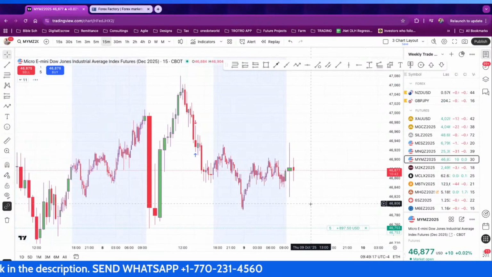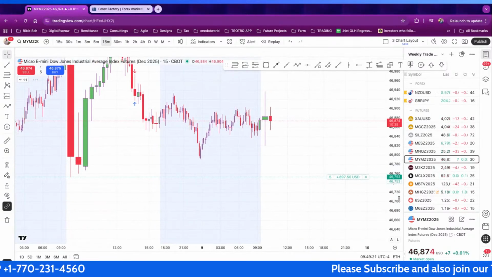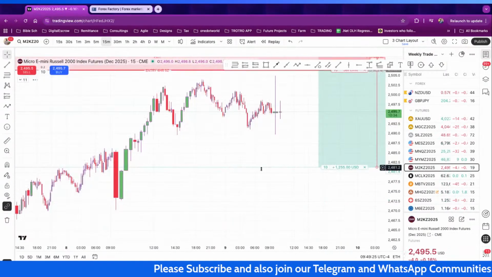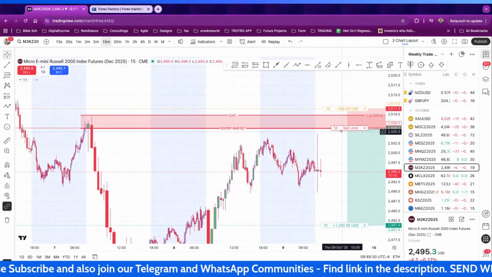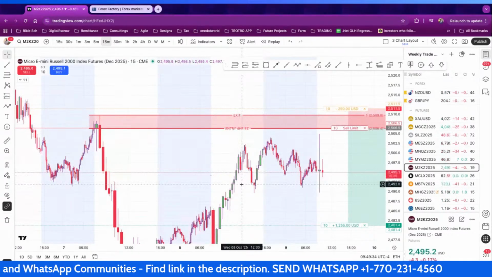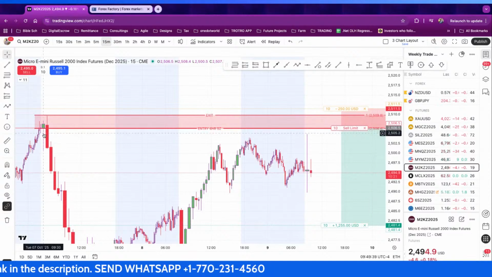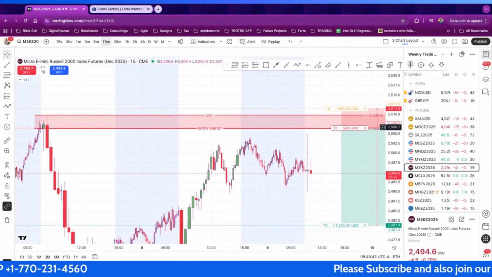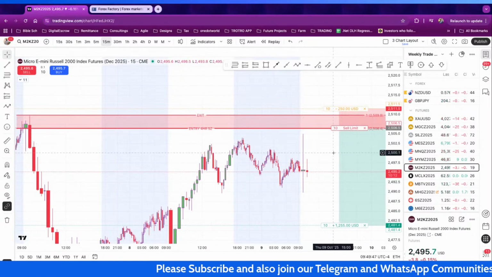All right, let's take a look at the Dow. The Dow over here is pretty much doing nothing. The Russell as well almost got into our supply zone. That could have been big money for us already, right? I don't know where you pick your zone. If you pick it slightly lower than where I put mine, from the lower body of the candle, you should be in the money as well.